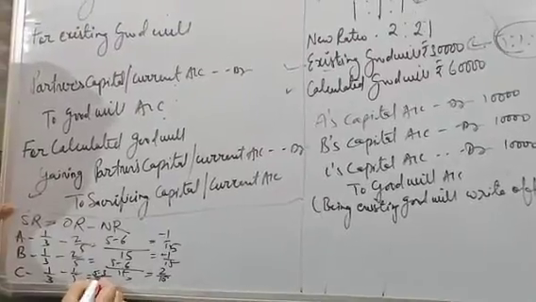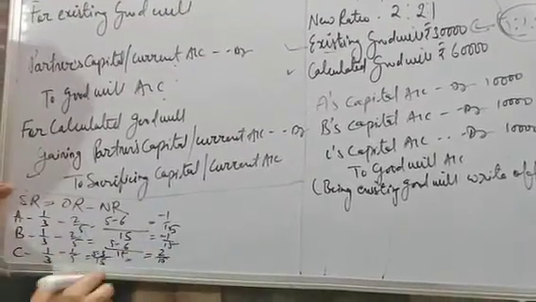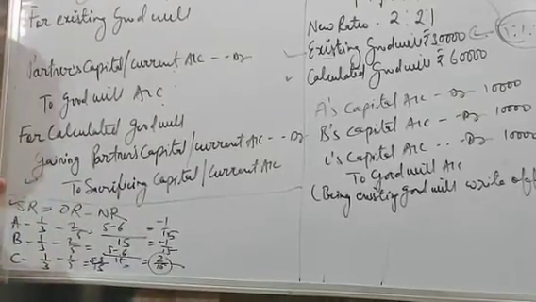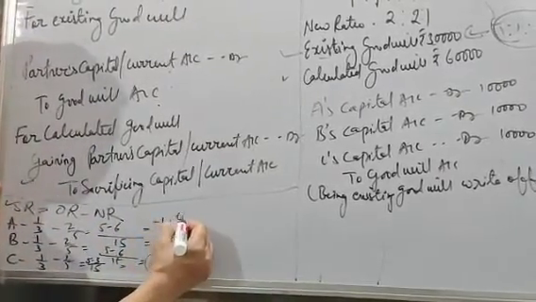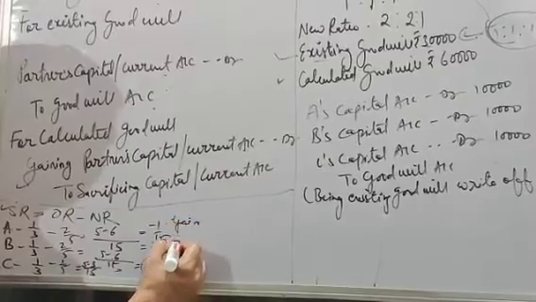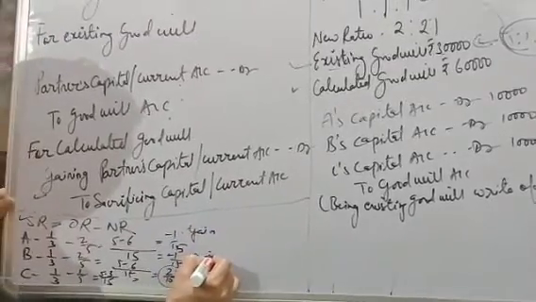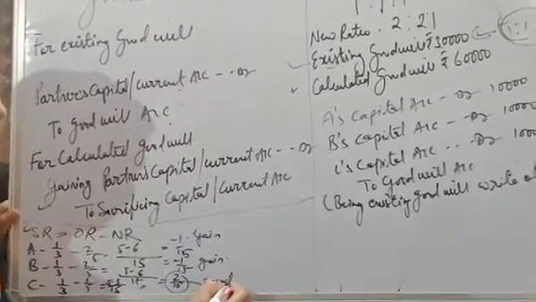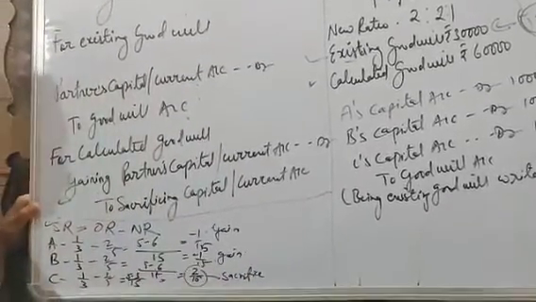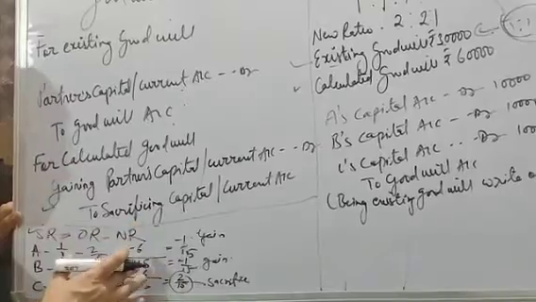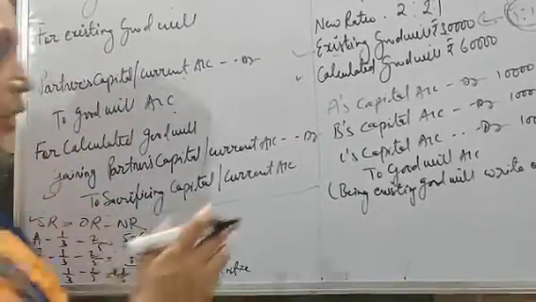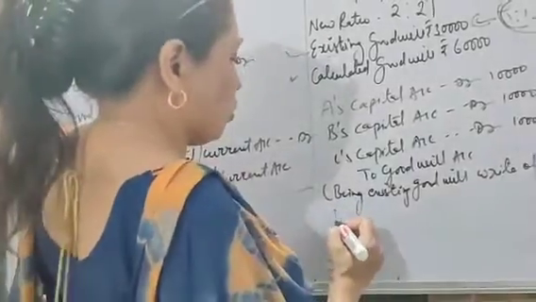5 minus 3 upon 15. So it comes in positive because we are calculating a sacrificing ratio. These two are negative. It means these partners are gaining partners. A and B are gaining partners and C will sacrifice. Now we understand these two partners gain. So we have to prepare entry. Gaining partners are debited. So A and B are debited.